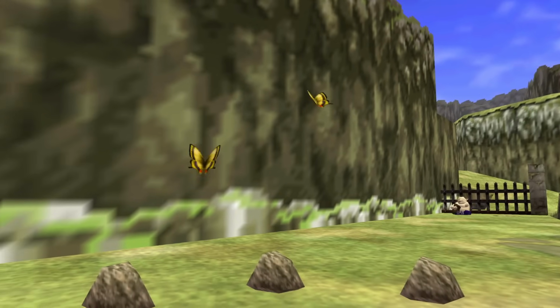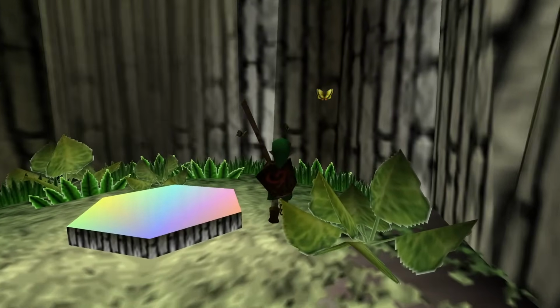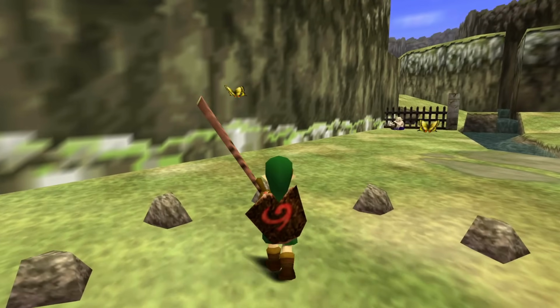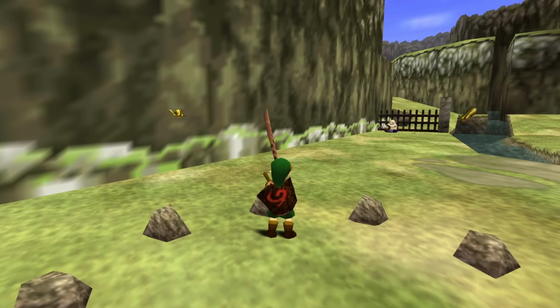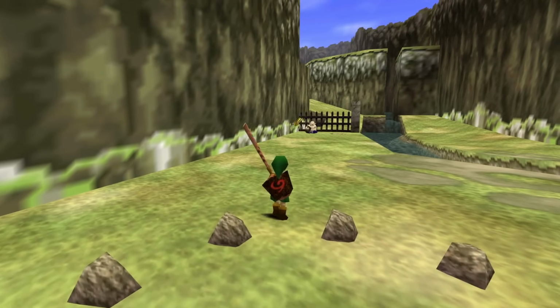There are these swarms of butterflies that fly around different spots across the game, like here in Zora's River, or in this common grotto. They actually hold a secret, and it could save your life. Stand near the butterflies and take out a Deku Stick. Get close to one, then start walking away slowly. The butterfly will start following you. Keep going, and soon enough,